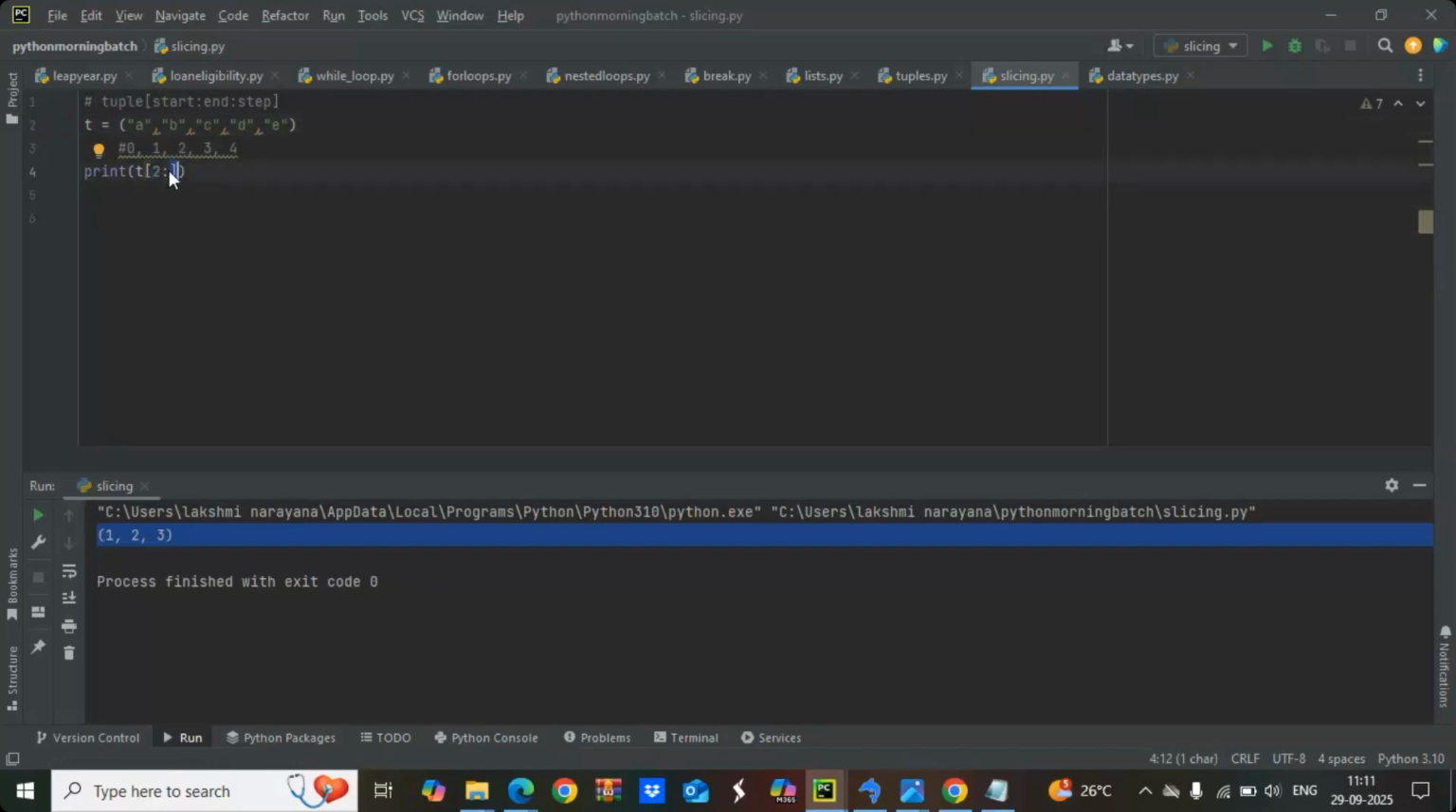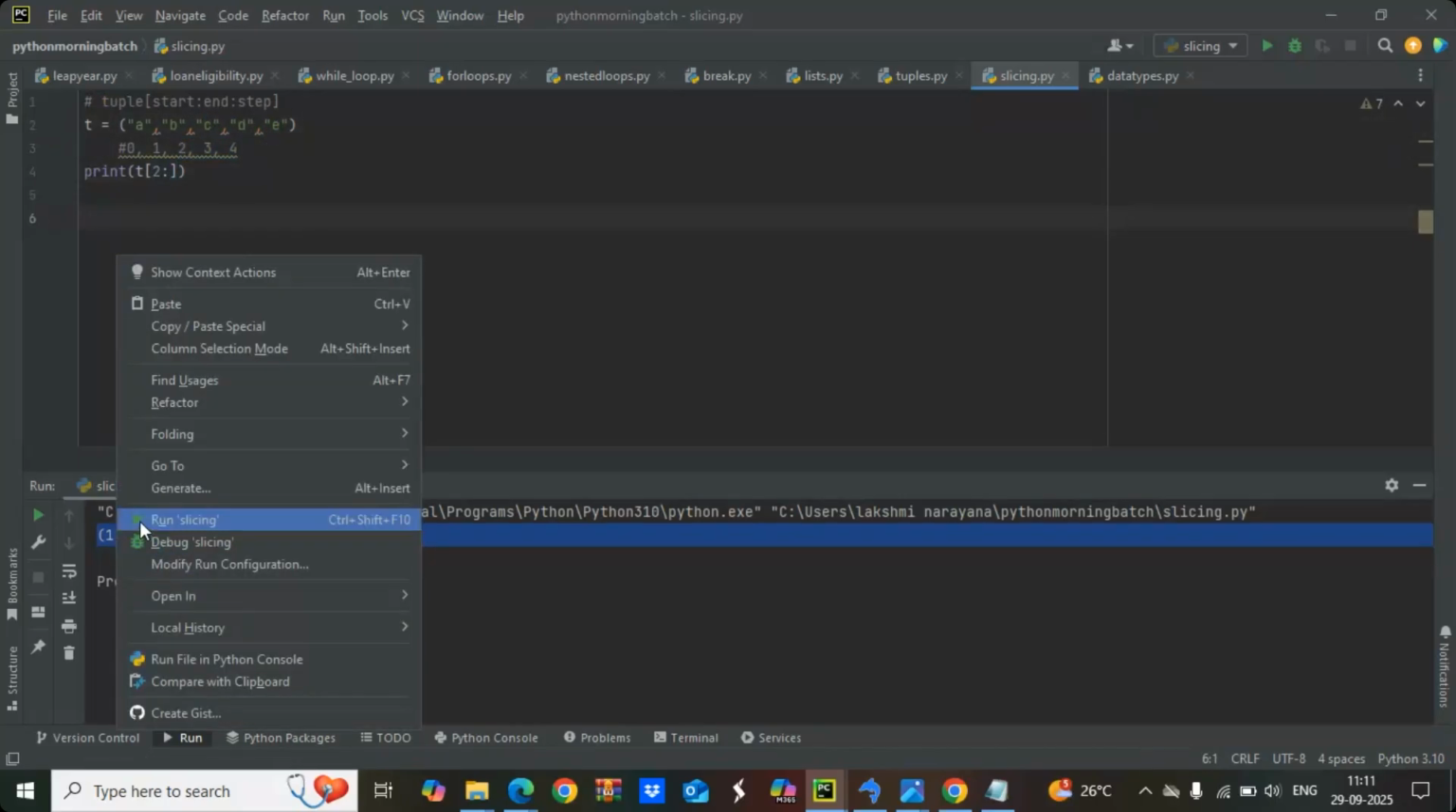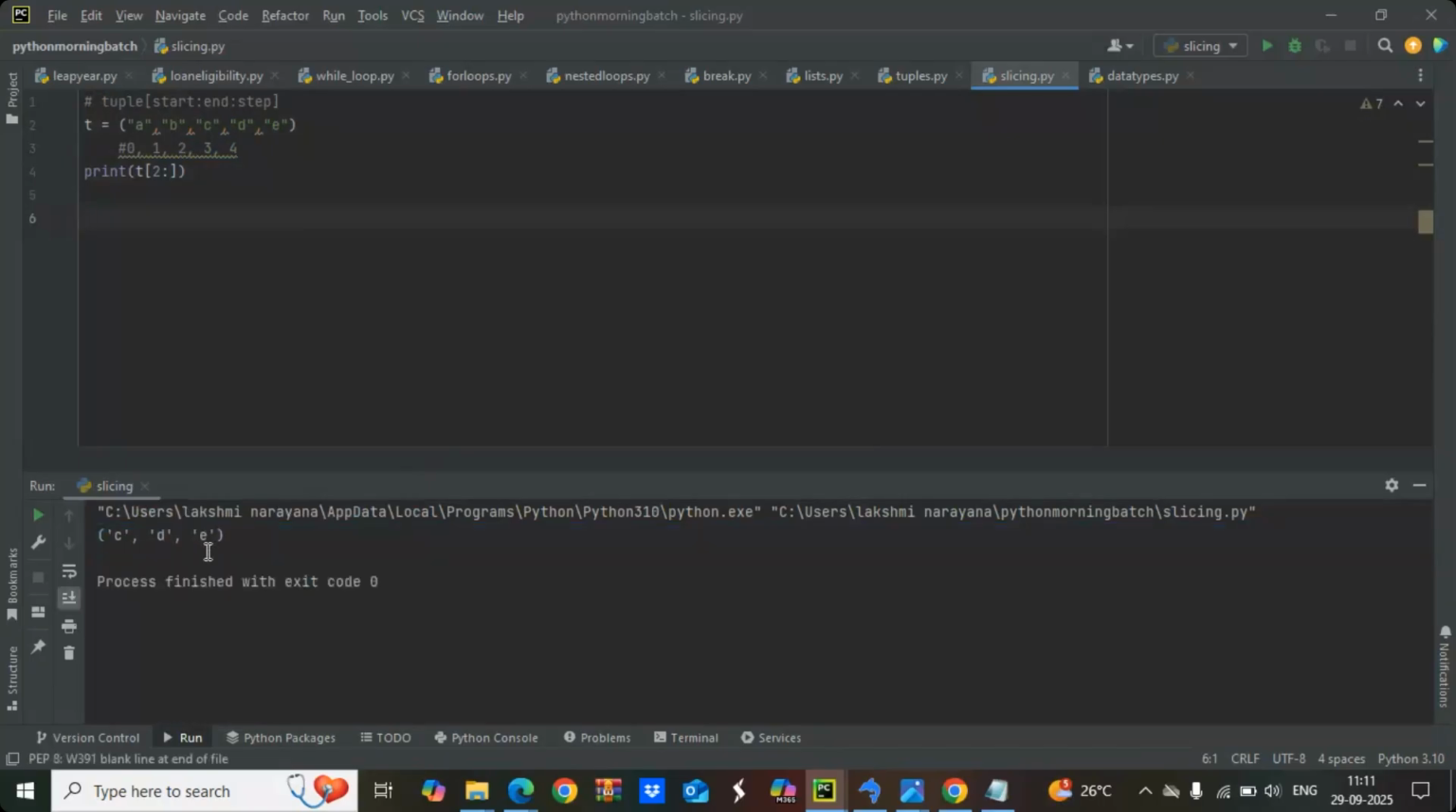So if you miss the stop index, it will go to the end of the tuple. Okay, so if you miss the start, it will start with 0, and if you miss the stop, it will go to the end of the tuple. So it includes the index 2, 3, 4, which means C comma D comma E. So this is the output. C comma D comma E. Okay,